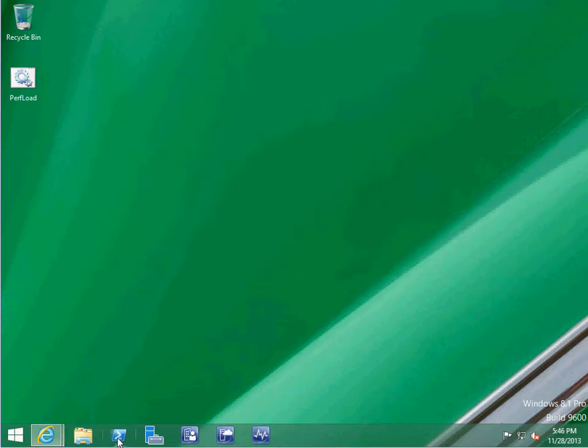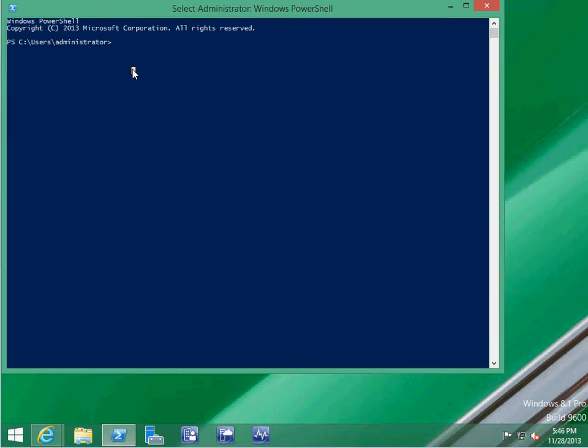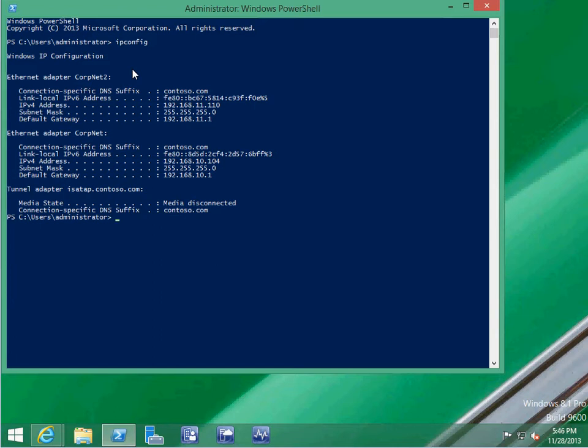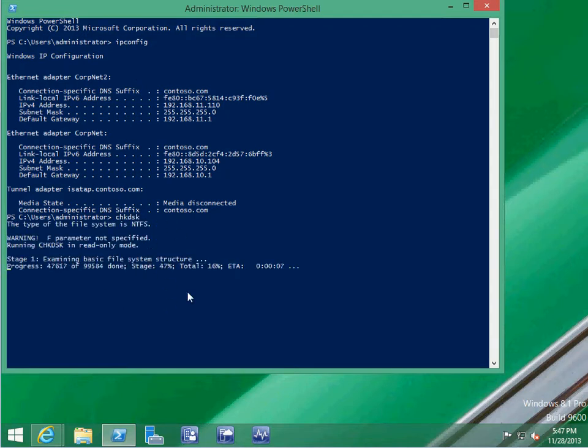The other way you would do it, the simple way, would be that the command shell is right here. If it's not here, you can pin it, but it does come like that. So you can type IPconfig and it will give you the same stuff. So it's made really easy for us to work on this stuff, because one click and you're in there. You can do all the basic stuff that you would do in command prompt from here. Say for example, check disk, and you can run a whole check disk and do everything from the command shell,